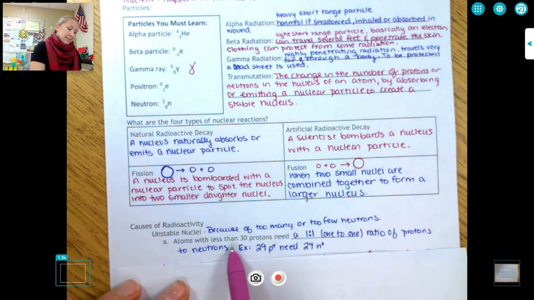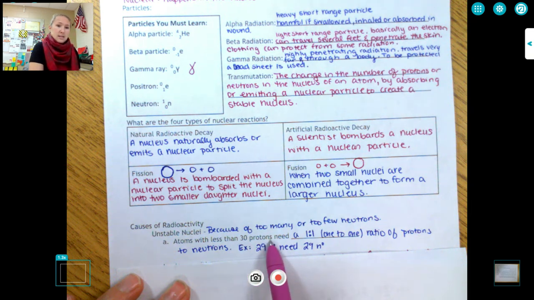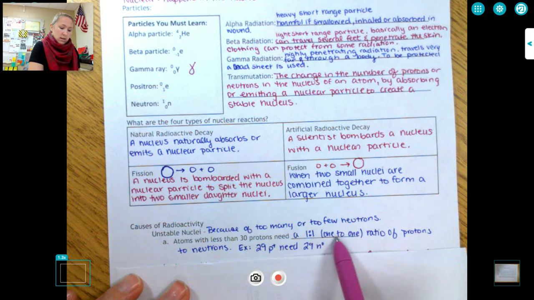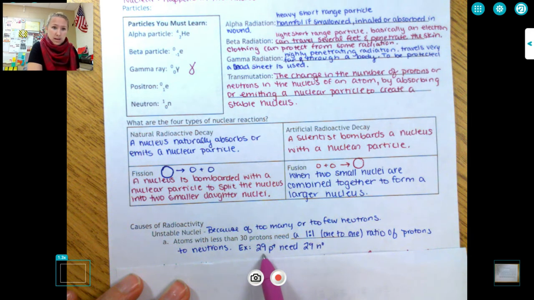For atoms with less than 30 protons, so it's less than number 30 on our periodic table, which is zinc, things smaller than zinc need a 1-to-1 ratio of protons to neutrons. So if I have 29 protons, I need to have 29 neutrons to balance out my nucleus and for it